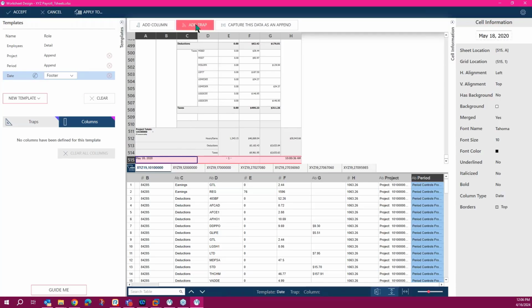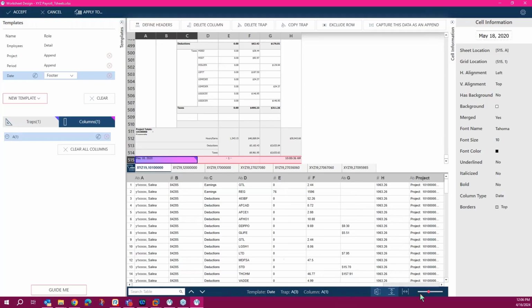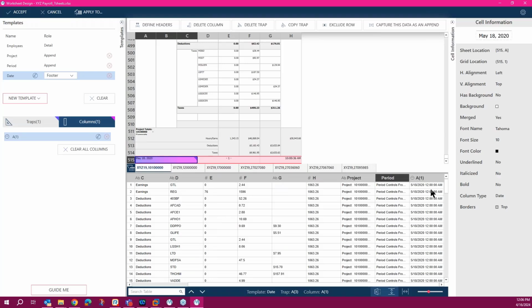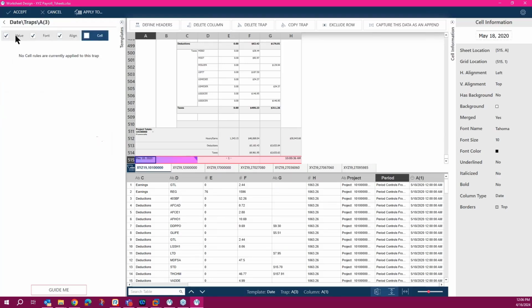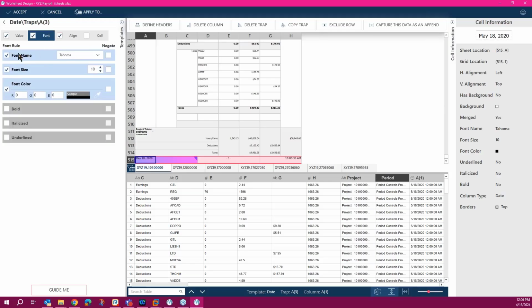All right, and then add trap or add column. If you select add trap, it just adds the trap, and then you have to add the data. By choosing add column, it adds the trap as well as the column. So a trap is applied. You can see that it is a date, and it's got this font.